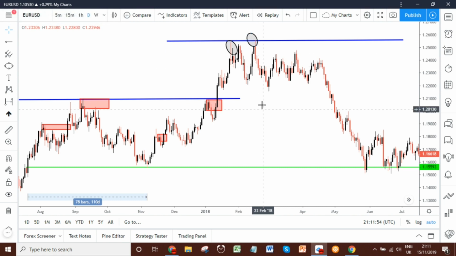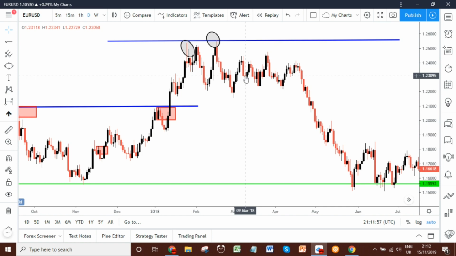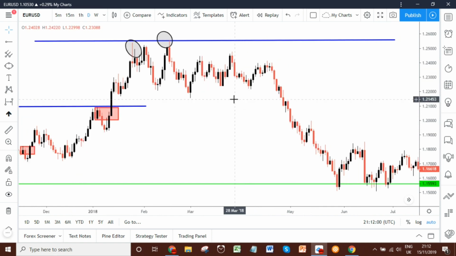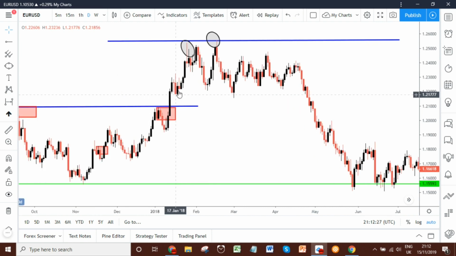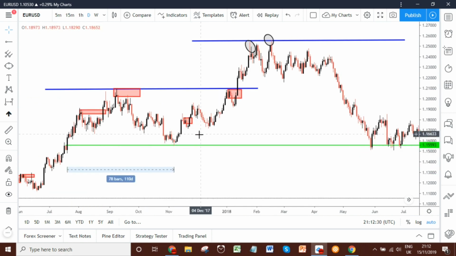Okay. Now, I've got a lot of new subscribers recently, so just to make you aware, the banks need to manipulate the market in order to get their orders filled right here. And they do this at extreme highs and extreme lows, and even in the middle of moves when they want to add positions to their trade, just like we do. But they don't operate the same way we do because they trade in much larger sizes. So they need to know that there's a lot of people going to lose before they decide to place a sell trade. Right. So now all of these retail traders are buying up the market